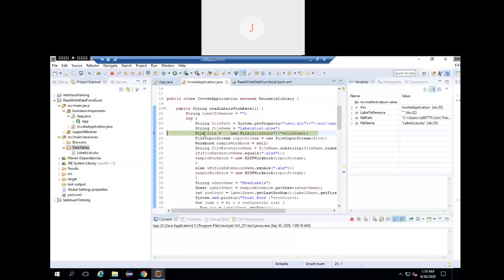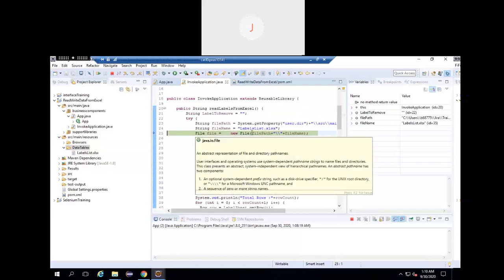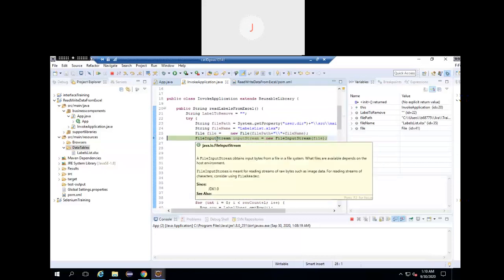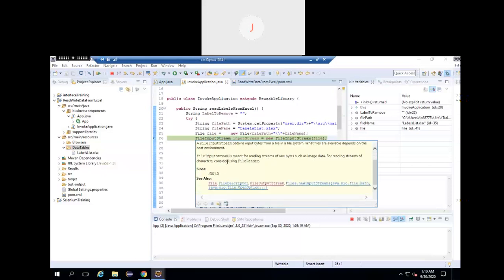So here this is the representation of the file. I'm just giving the file path over here, and I'm creating a File object. This object I should give to the FileInputStream. If you ask me what a FileInputStream is, it acts as a connection. It tells us that here I've kept the file and here I can read the file. So it just establishes a connection and helps us to read the data.